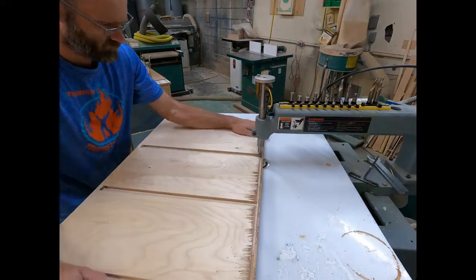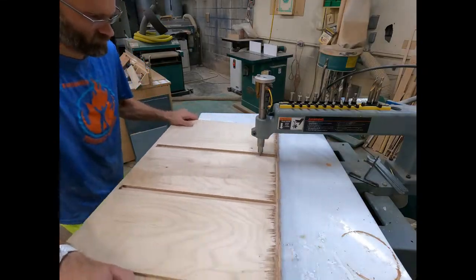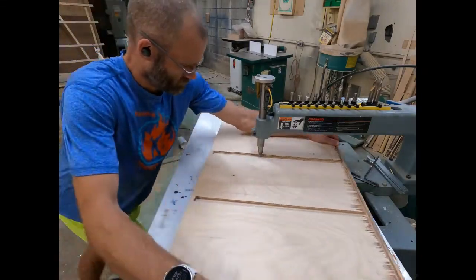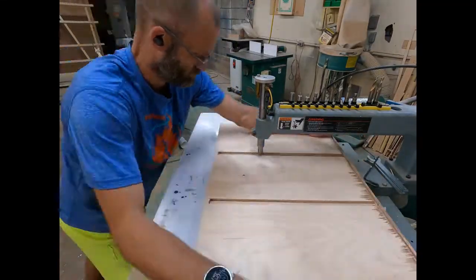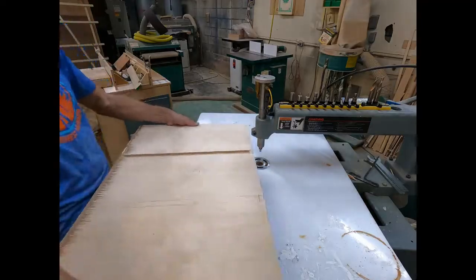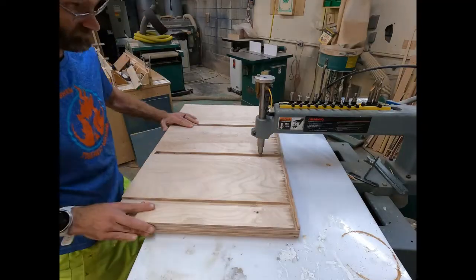It'll stop everywhere, it makes all the correct cuts, it's perfect. That's the magic of the pin router, right? And you can do this with all kinds of parts. So, because this is a Dorothy Draper Espana Chest, if I was gonna make, say I made